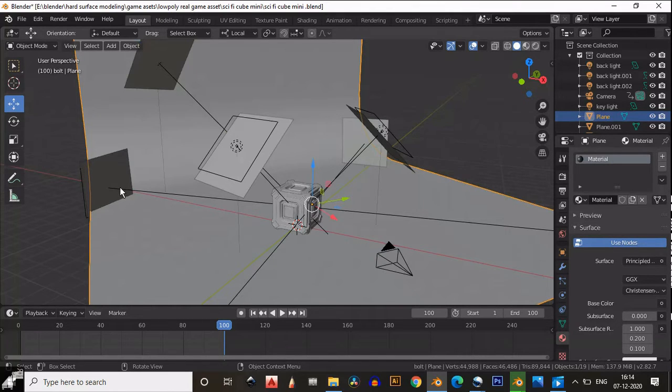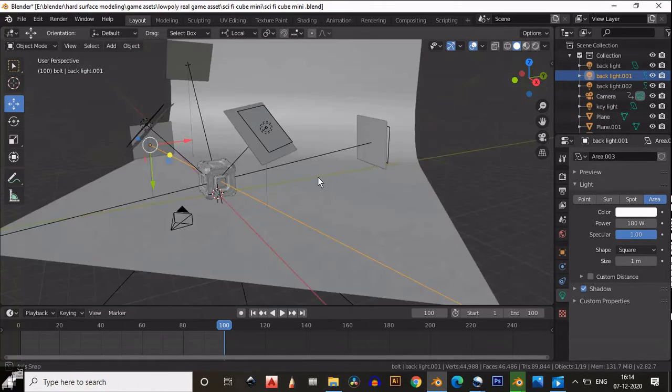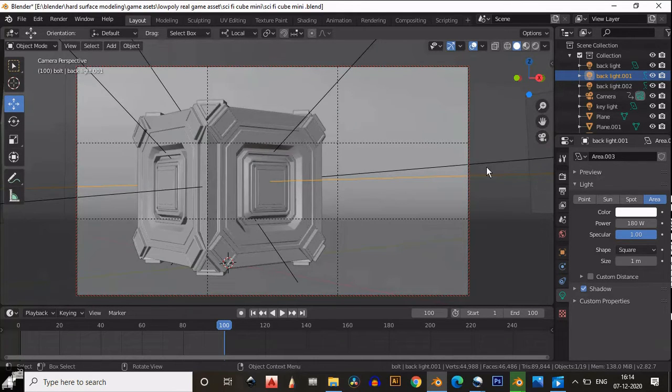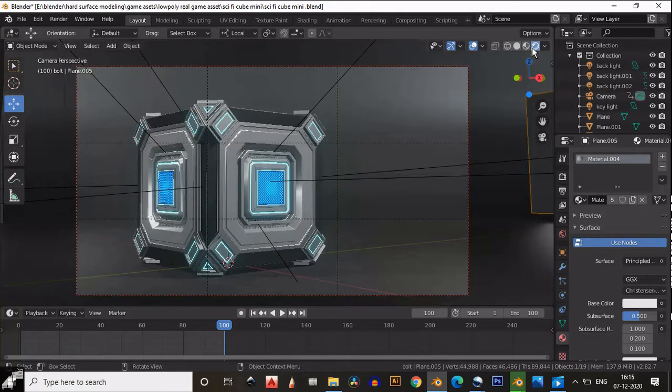And this is the background plane, and I have given it a black, dark gray color. And these are the 2 backlights. Their intensity is 180, and this light also has 180 intensity. Okay, simple studio light setup. If I go to the camera view and turn on the viewport shading render view, now you can see the render view.